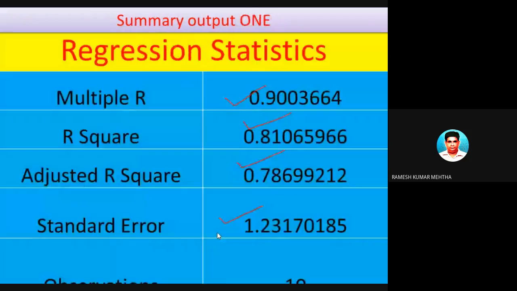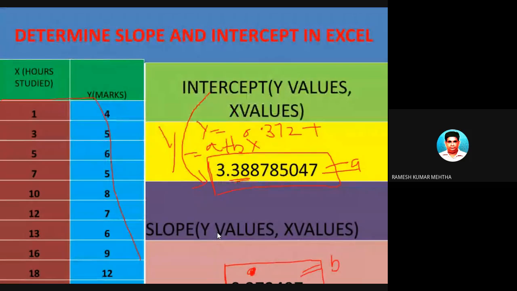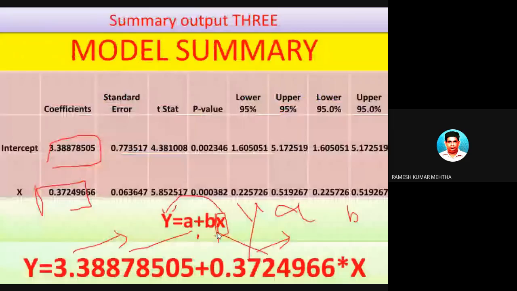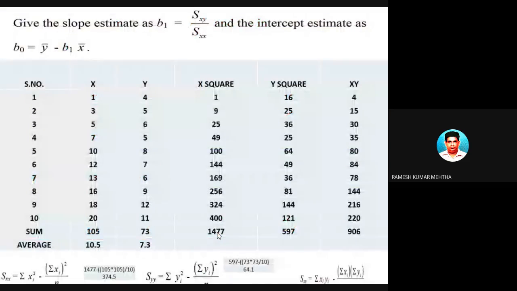So the same data, this particular data, 1, 3, 5, 7, 10, 12, and 4, 5, 6, 7. The data is there in front of you. Now the same data I am incorporating in the Excel, and just see what I have done. So this is the given data. This is the data which was given to you.